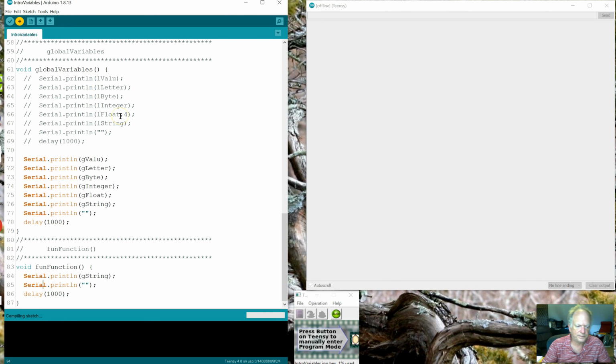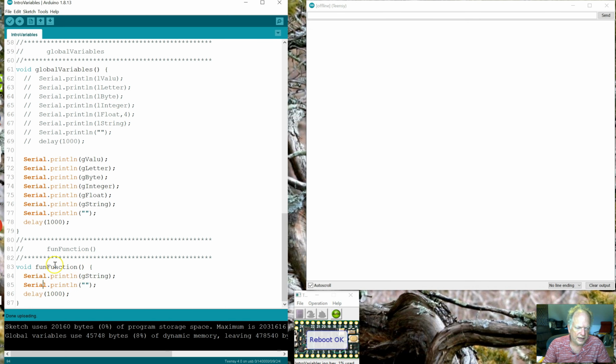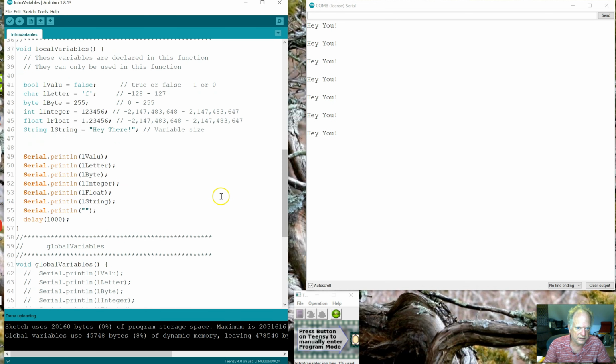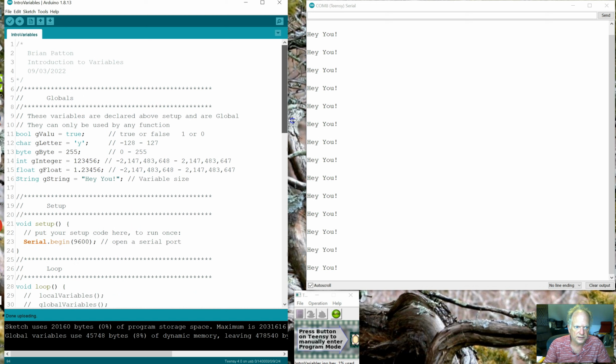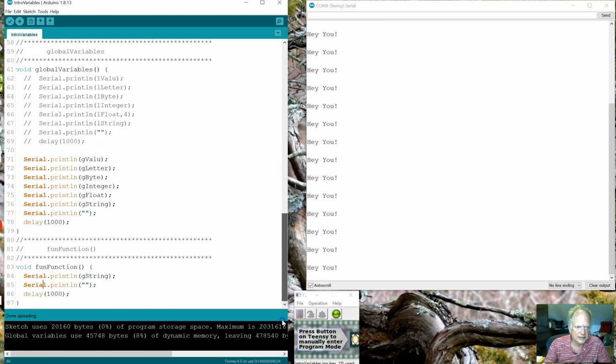Try that again. So even though this particular function has no variables declared, nothing declared at all, none of this kind of stuff, it still works because I'm using a global variable, and that global variable is up here above setup. Okay? Local and global variables and being able to print them